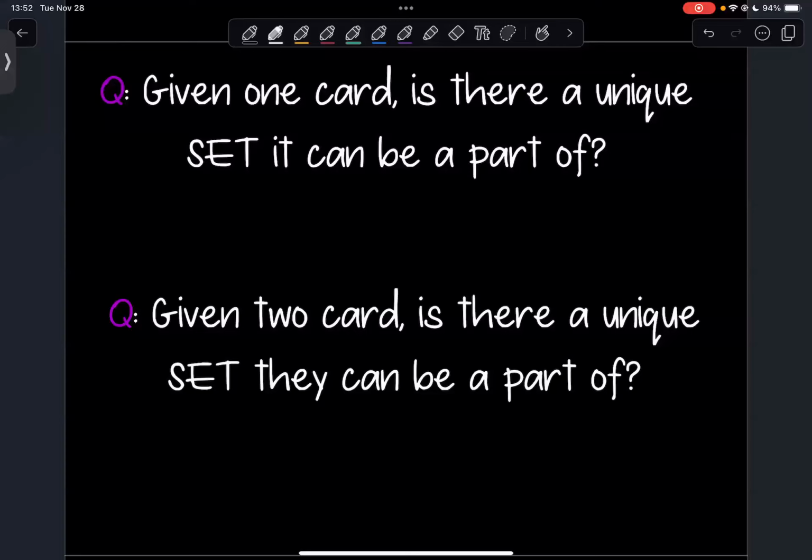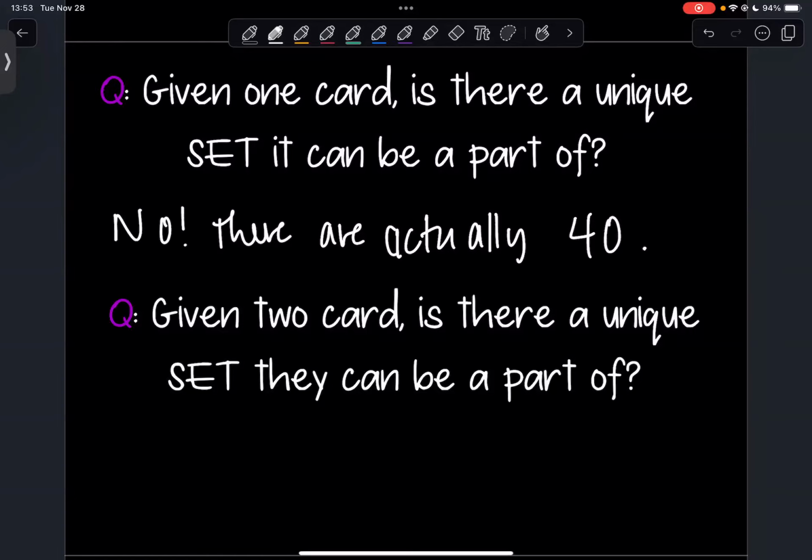And it turns out for every single card, there are 40 sets that it's going to be a part of, 40 unique sets. And that shouldn't be obvious to you right now. But there really are multiple ones. There's not one unique set that it can be a part of. So here, we're going to say no. There are actually 40.